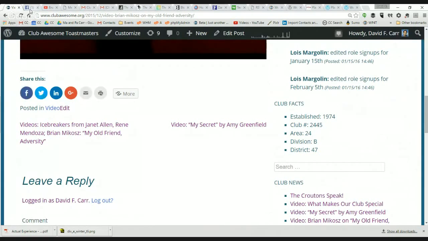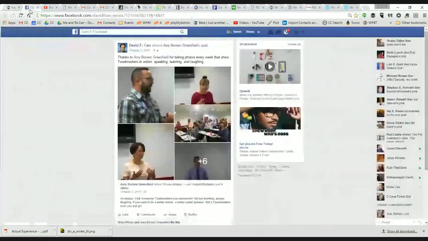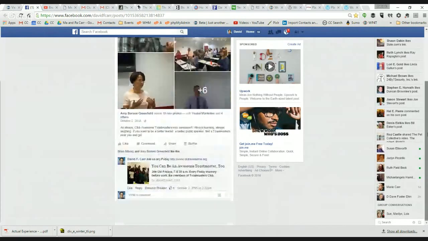The other side of that is we typically have somebody at our meetings who takes a lot of photos. So photos of Toastmasters in action, speaking, being dynamic, having fun. Things that might make people who see this in a friend's feed think maybe Toastmasters is something I want to be involved in. Amy's great at posting these photos. She never does this. She leaves this to me. I always come in, I like it, and I add a note saying join us any Friday.